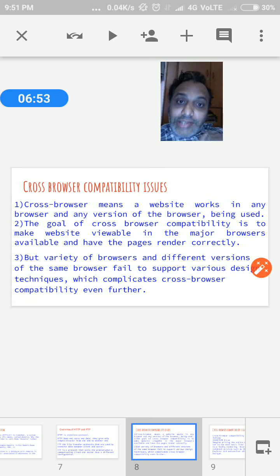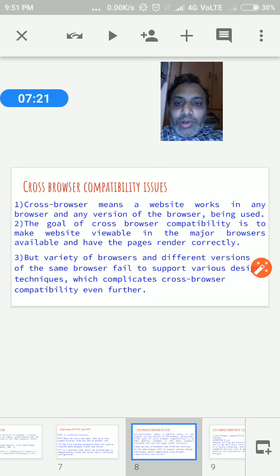But when we run the same application on different browsers, we have some problems in viewing the design or images represented in the application. That is cross browser compatibility: whether the application is compatible with the other browsers or not.